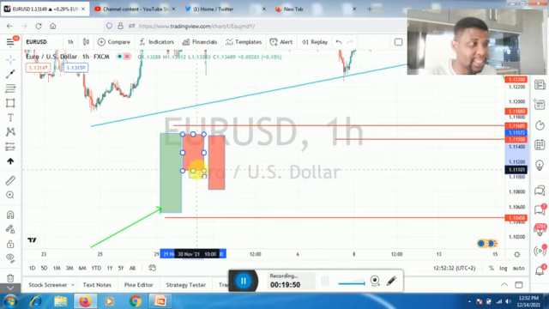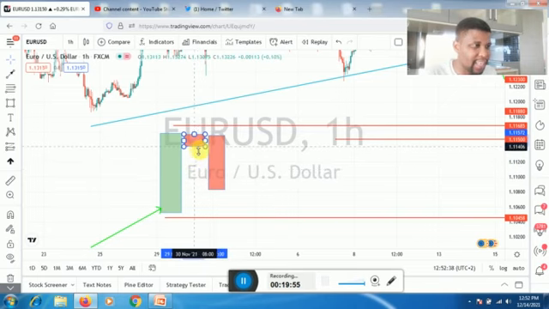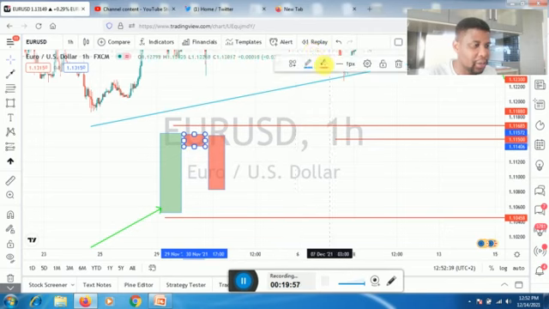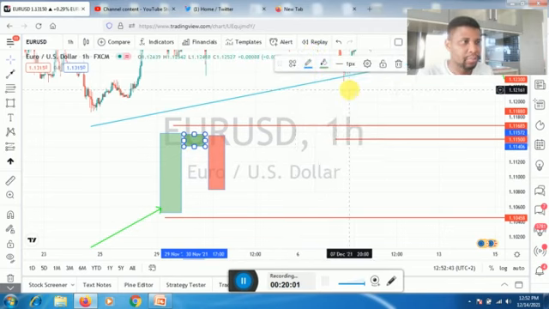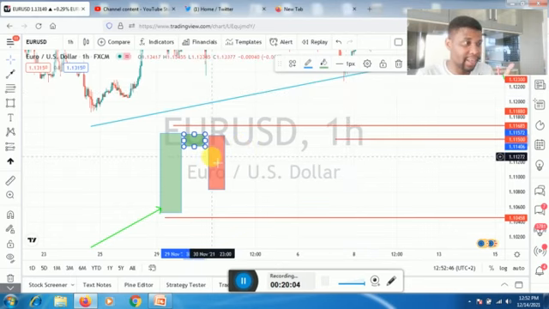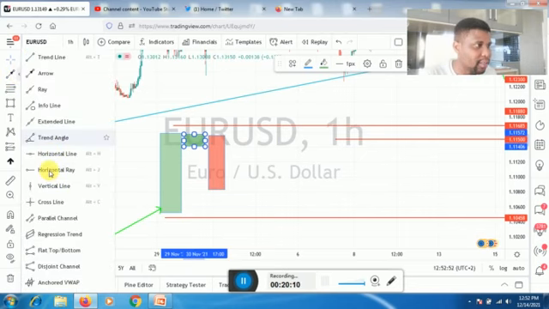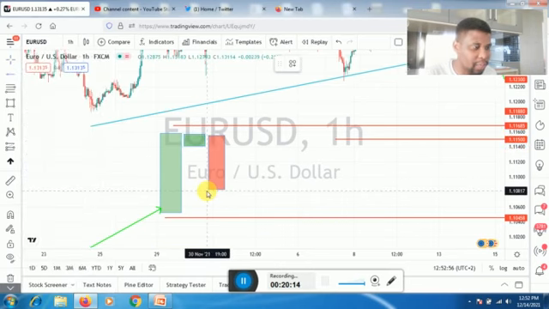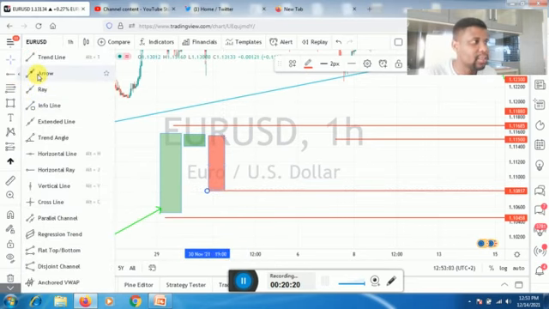Let's say the inside bar is going to be something like this, green, or small. And then this is our trigger candle. That's where you place your sell order, right here. You place your sell order on the low of your trigger candle, you enter the market, and then it goes